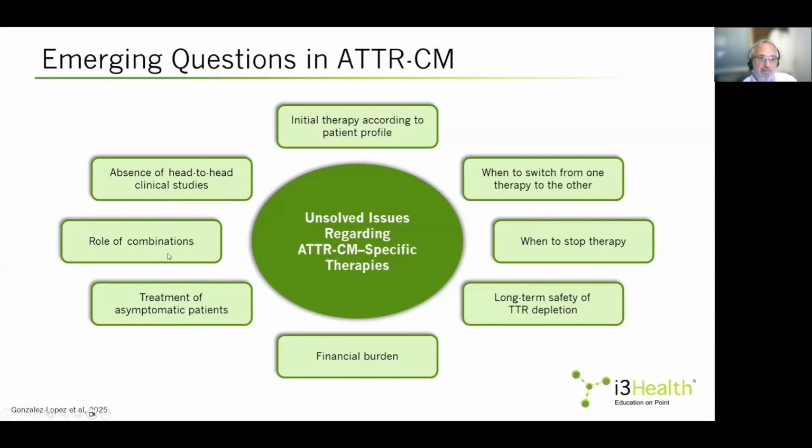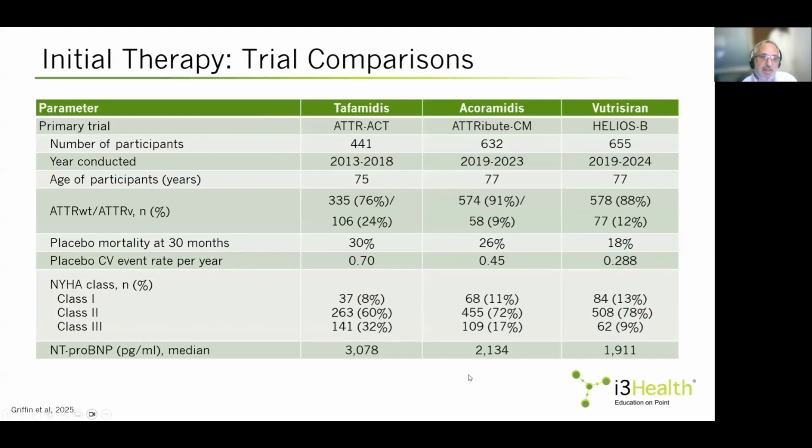We don't know if we should combine treatments. We don't know really if someone has demonstrable disease but is truly asymptomatic. Should we start treatment? I would lean toward doing it, but you have to remember cost is quite high. But this is a disease in which what patients lose, they don't regain. There's a huge financial burden and potential toxicity either to an individual patient or the healthcare system, given the cost of these therapies. So in an attempt to try to answer some of these questions, I'm going to show you